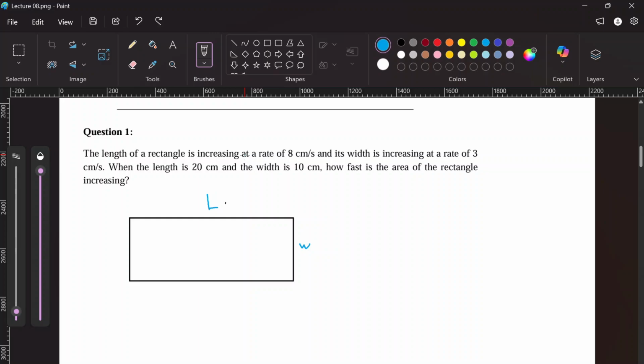So let's start writing this given information. So we have the length is L, okay, and the width is W. We are given that the length of the rectangle is increasing at a rate of 8 centimeters per second. So we have dL over dt equals 8 centimeters per second, right? We also have dW over dt